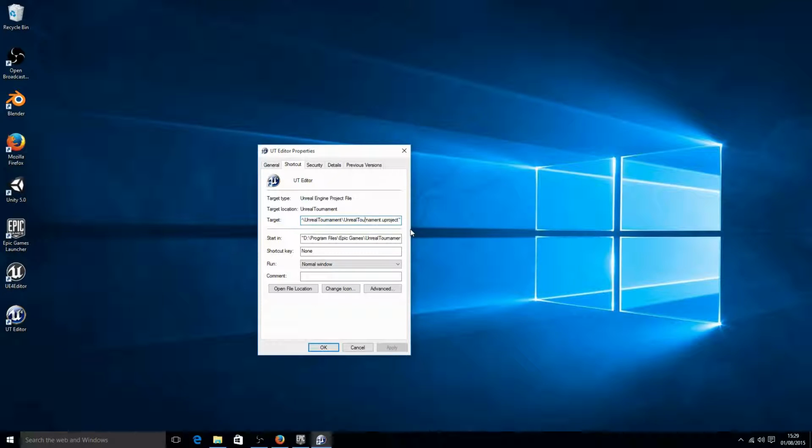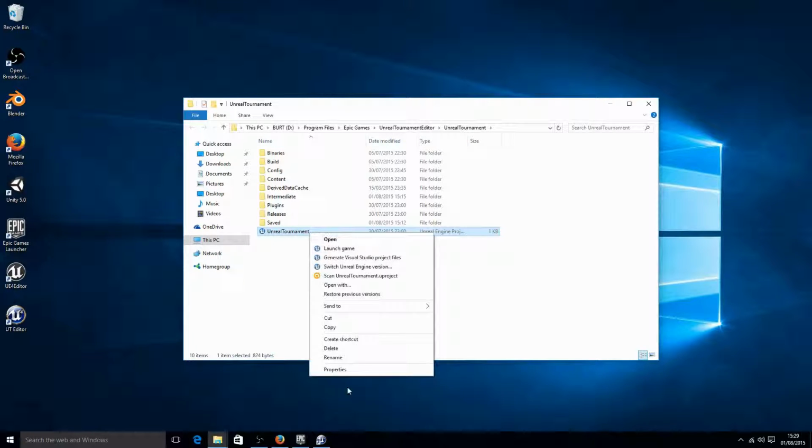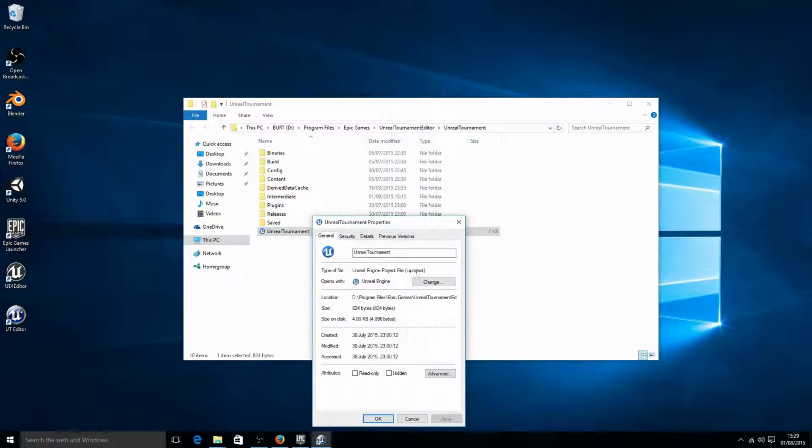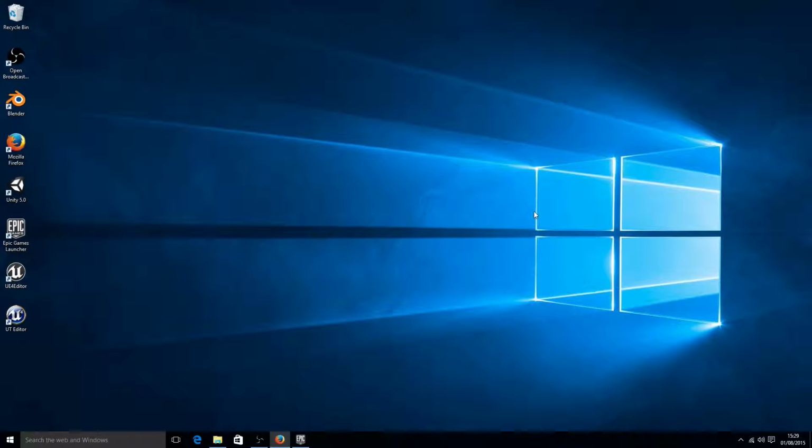There'll be a folder called Unreal Tournament Editor. If you set it to your U project that's in that folder, I'll just open that location, you'll see the Unreal Tournament .uproject. If you just set that as your target, then you can just run that,